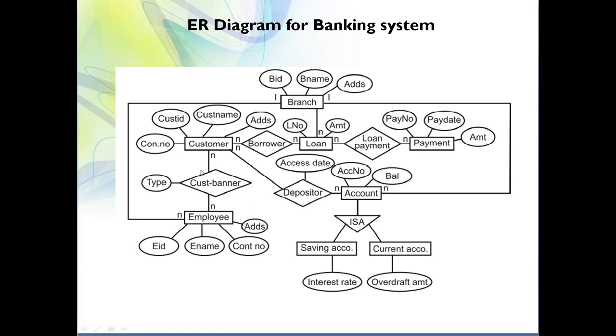So these are the attributes, and customer and employee are associated, or you can say related with each other, by means of the relationship customer banker. And this relationship also may have an attribute, type. So what does type represent here? Type of service. What type of service is provided by an employee to a particular customer. Then between customer and loan, we know that to establish a relationship, the first thing is noun. Whether a particular noun is available? Yes.